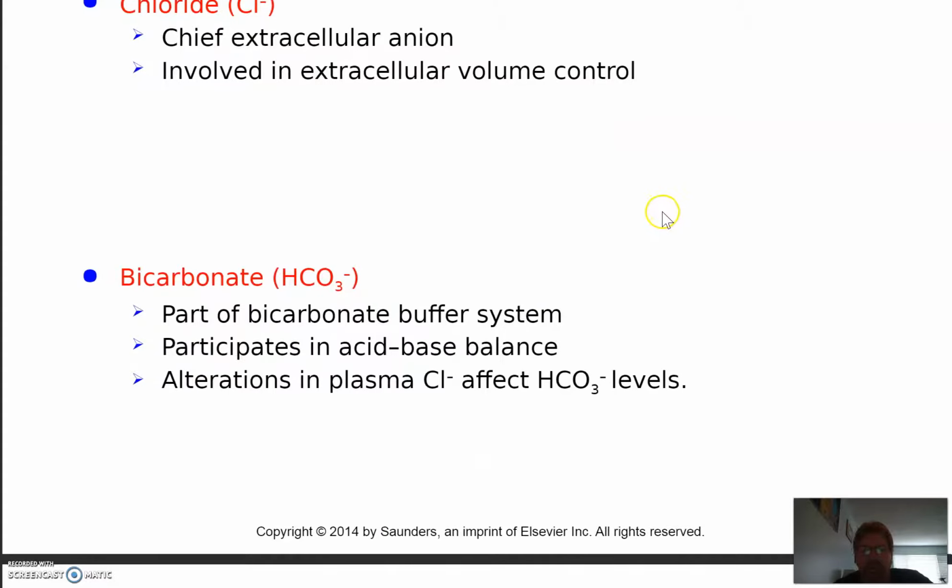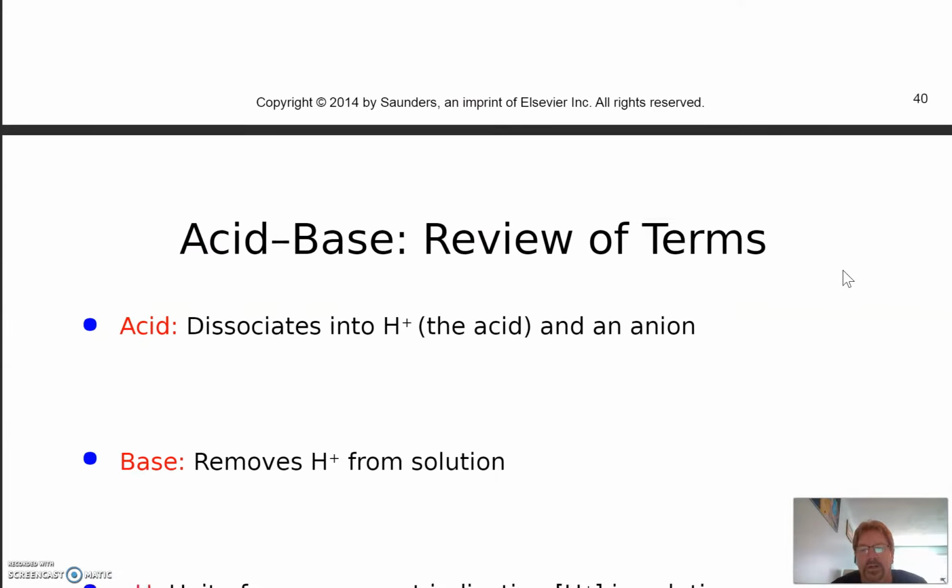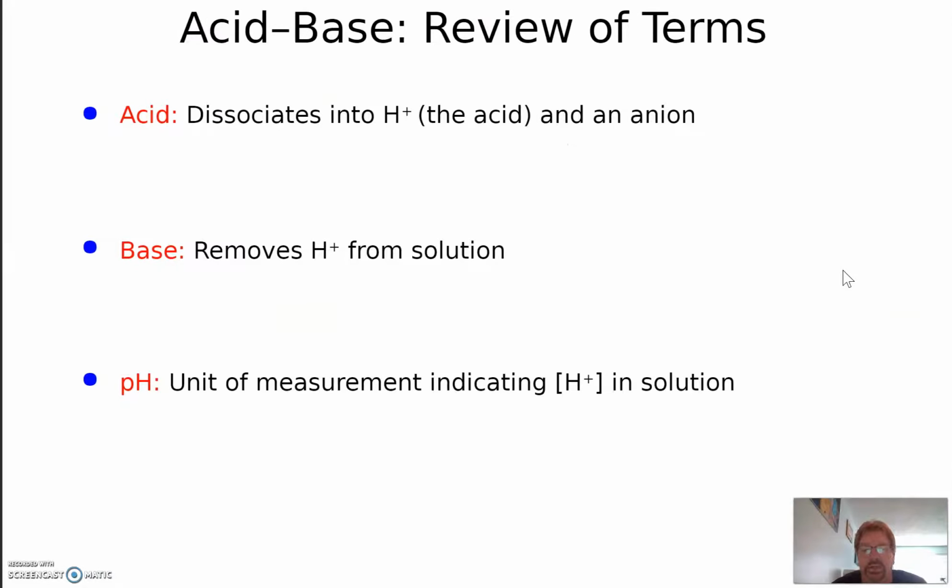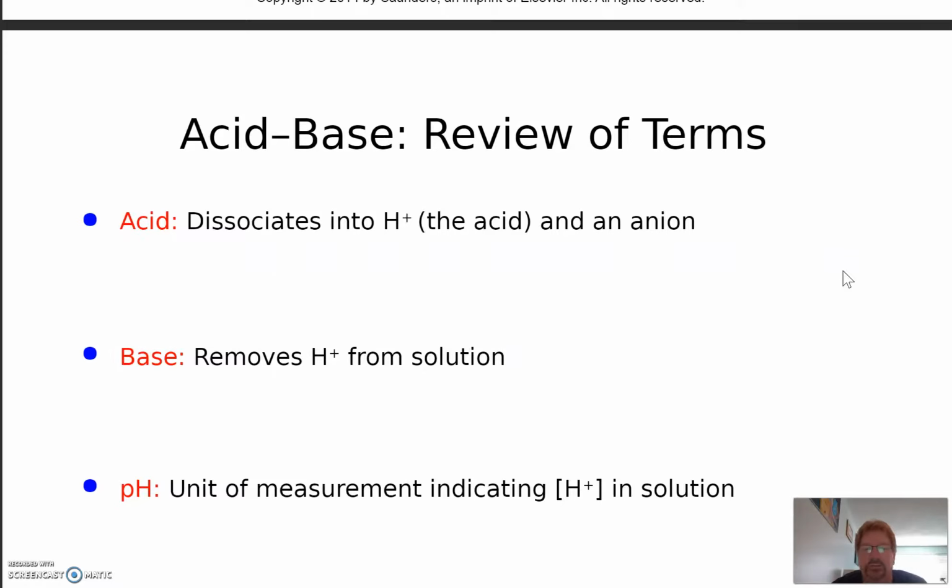Bicarbonate ion, part of the bicarbonate buffer system. Whenever you see buffer, it means dealing with acids and bases. Participates in acid-base balance. A buffer helps diminish the acidic aspect of it. Alterations in plasma chloride affects bicarbonate ions. Remember, guys, that bicarbonate ion is absolutely essential. It plays a huge role in maintaining the proper pH, not letting it get too high, or the acidic level too high, which actually would be